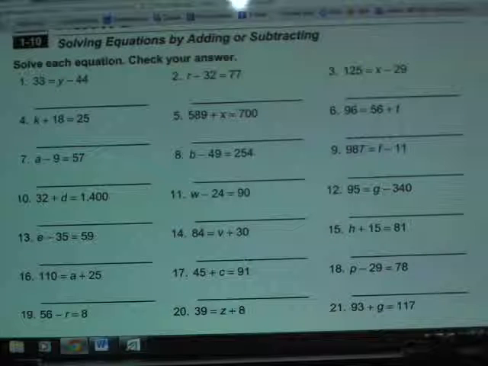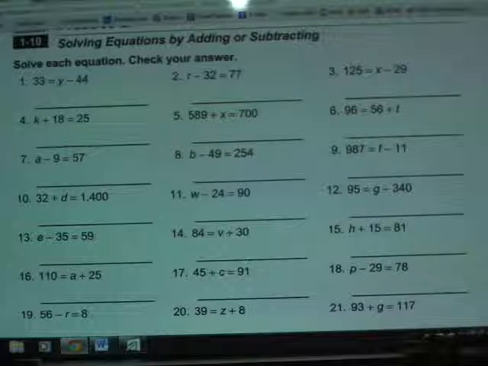This is the homework helper for Chapter 1, Section 10 in the 7th grade workbook entitled Solving Equations by Adding or Subtracting. Okay, so we're starting solving equations here. Remember the rules you heard in the instruction today, because that's going to be where we're going to start on every single question. Remember, the rules that you saw today said when we solve equations, we want to have variables